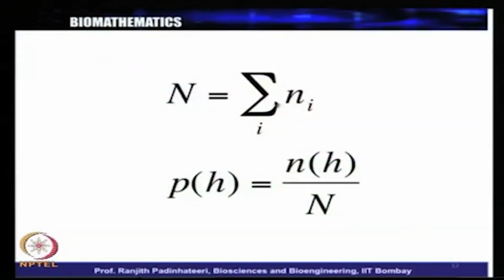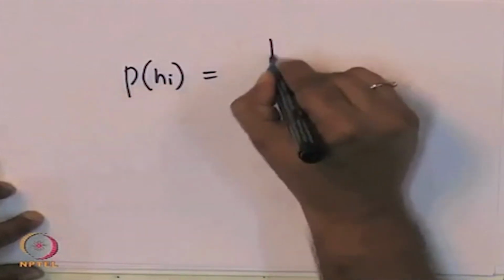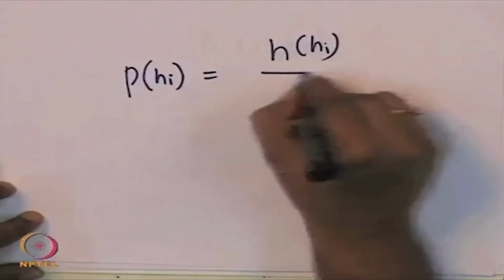Sum over i of ni, by ni I mean n of Hi, I get something called n, which is the total number of students, and if I divide this n of h by n, I can define something called p of h. In other words, if you wish, you can write p of Hi is equal to n of Hi divided by